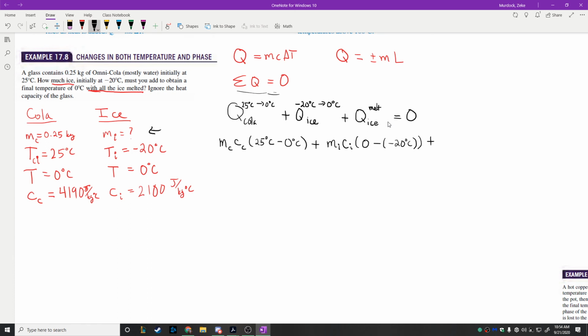And then plus, for the ice, we're going to have the mass of our ice, which is ultimately what we're solving for, multiplied by the latent heat of fusion of ice, which we'll look up in a table. I think that the latent heat of fusion for ice to water is